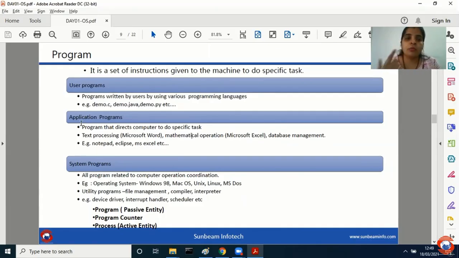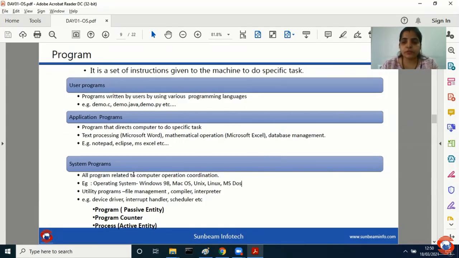Next, I do compile my program. I have something called as linking. Linkers, loaders, drivers, which works at the system level. Those are called as system level programs. All the programs related to computer operation and coordination, those are called as system programs. Your operating system may be Windows, Mac, Unix, Linux, MS-DOS, all these are system programs.